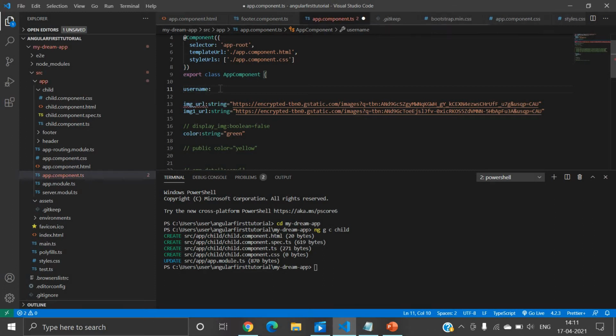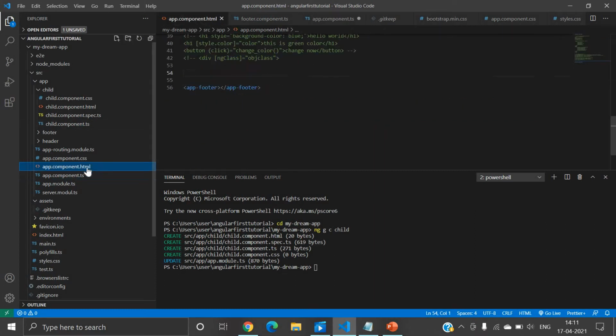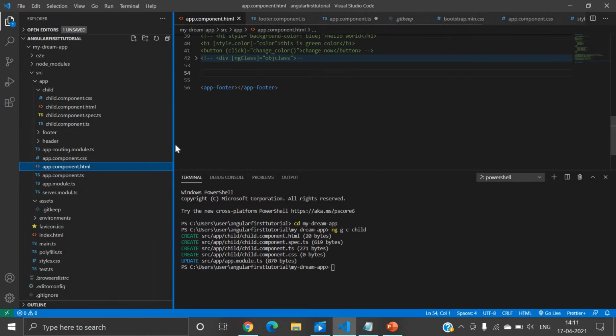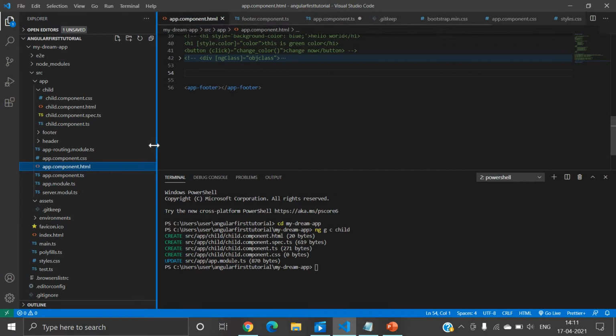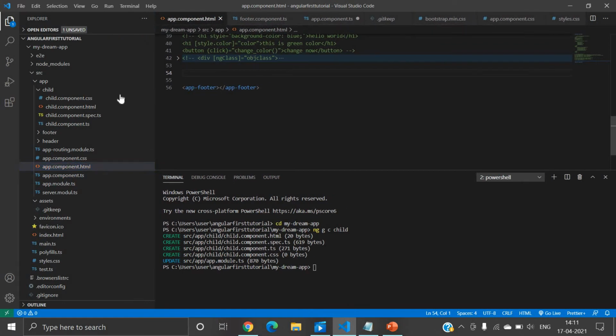I will write username, which is a string, and username is Rakesh Sharma, right? And this username property I will use inside app.component.html. Before using this username, we have to use the custom tag of this child component.